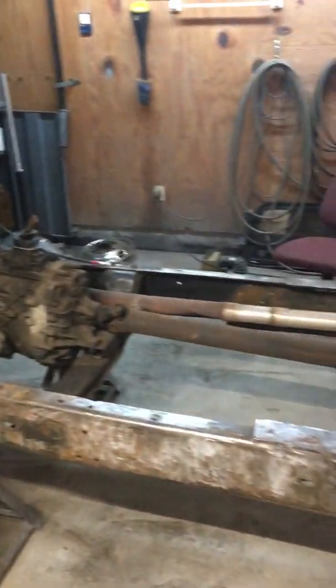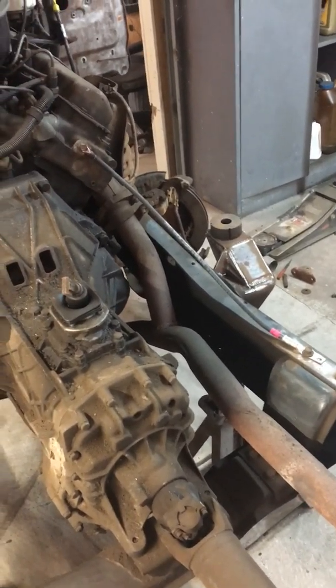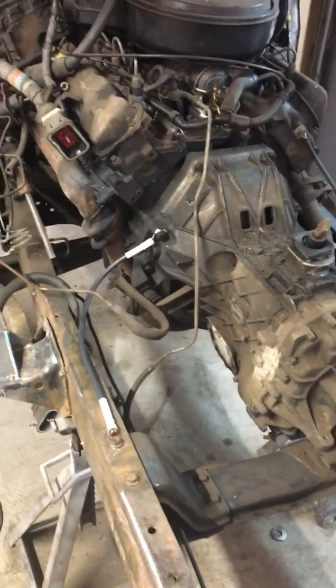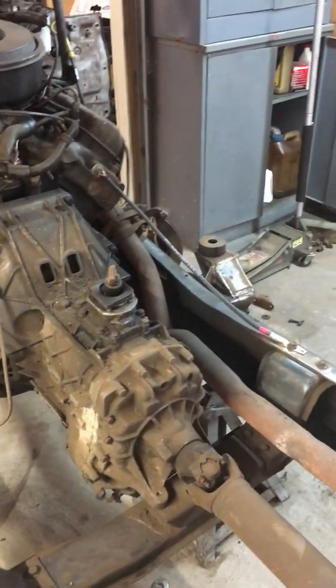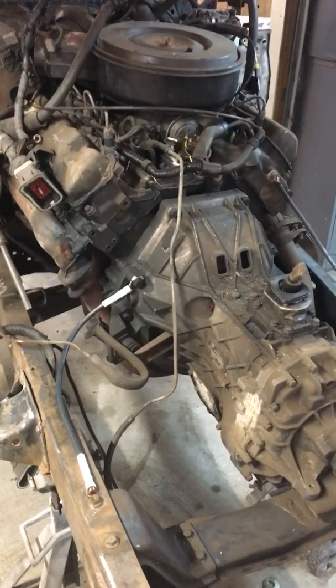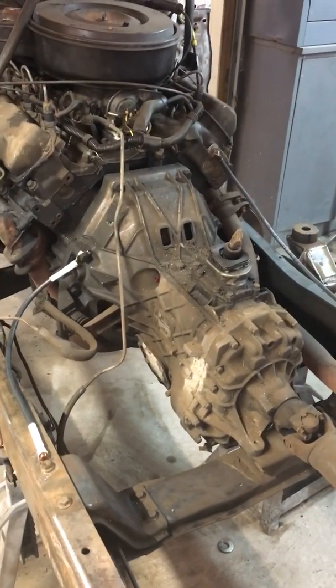I want to show you something. This will bore most of you to death, but some of you car guys will get it. Just added a couple of ground cables, and grounding is everything on a car. I see more electrical problems because people either don't do grounds right or their grounds are corroded, and it just causes all kinds of nightmares. And for a diesel, it's even more critical because the amount of current it takes to start a diesel is tremendous. So this is what I removed